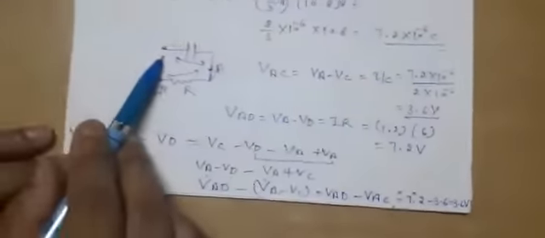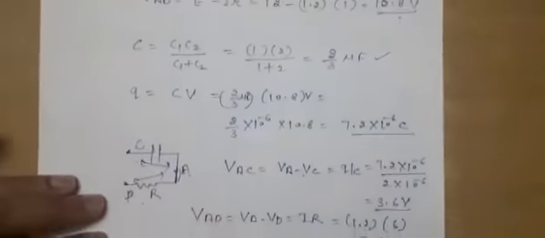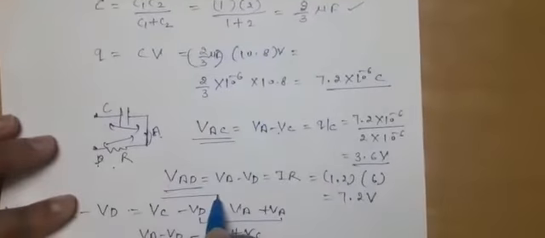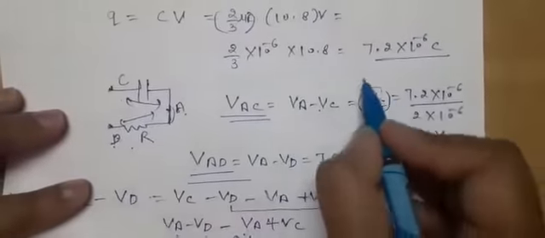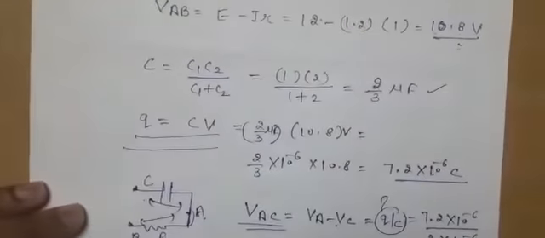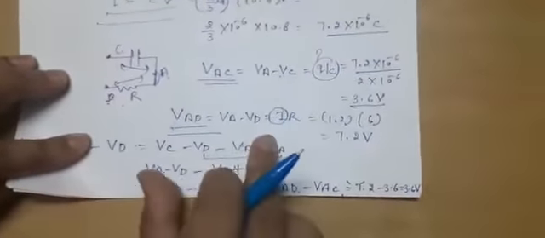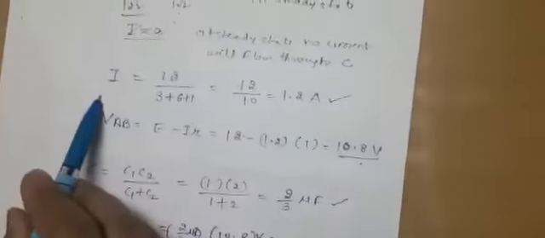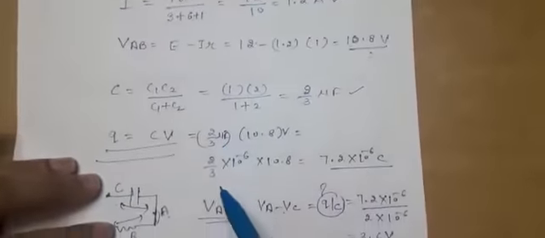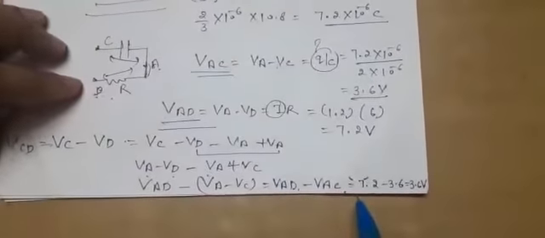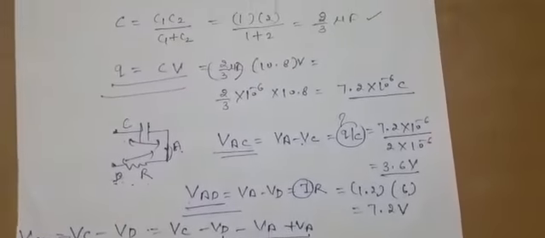Actually, we cannot find it directly, because for that we require the current in this arm. These are the steps you can see. For VAC, because a capacitor is connected, we require charge, so that's why we calculated the charge. For VAD, a resistance is connected, so we require current. For getting the current, we did this particular step. So all the steps are correlated, and hence we have come to the final result. So practice it, and just observe once.